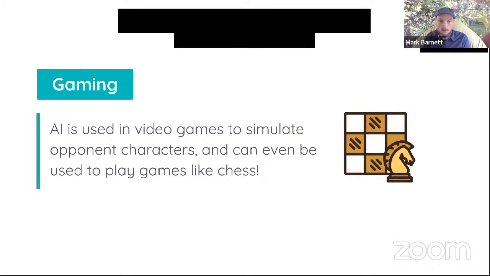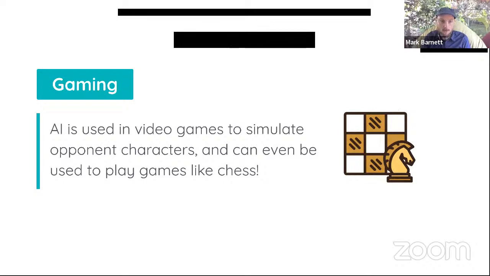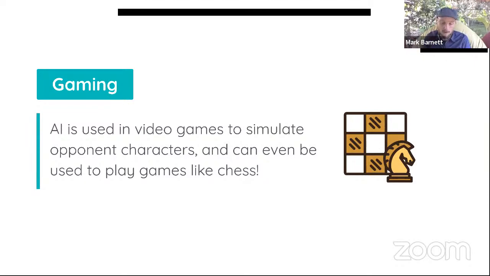Those of you that play video games have more than likely encountered artificial intelligence, because artificial intelligence has actually been used in video games for a very long time. So, for example, if you're playing a Mortal Kombat style of game, there's always the player that you can control with your controller, and then there's the computer player. Well, the computer player is a very low level of artificial intelligence, but there are even artificial intelligence applications that can play chess and have been able to beat human chess players for several years now.